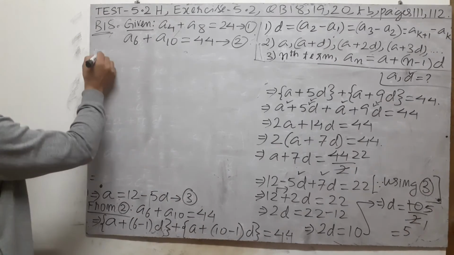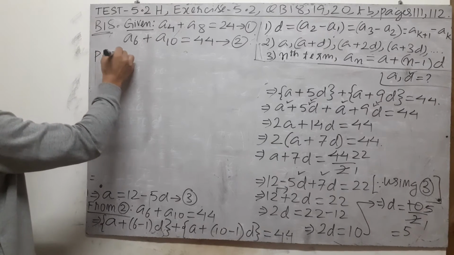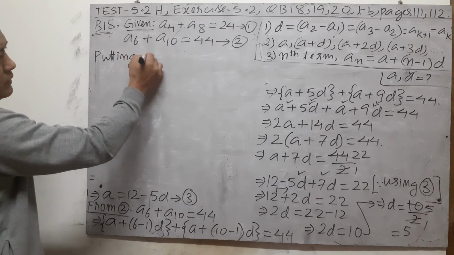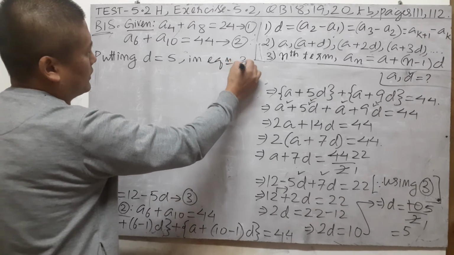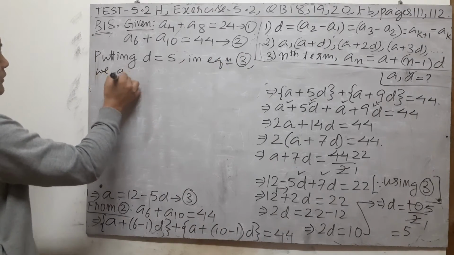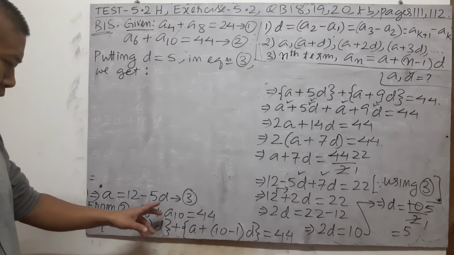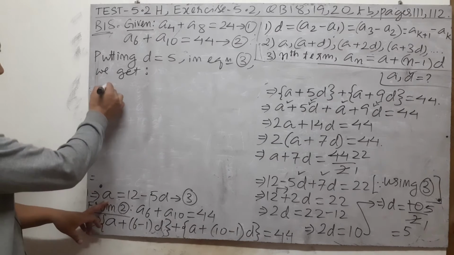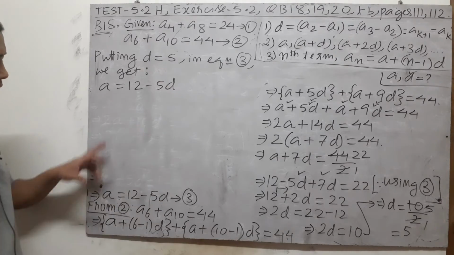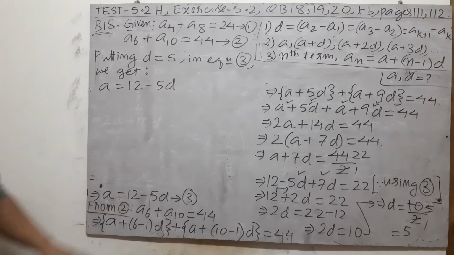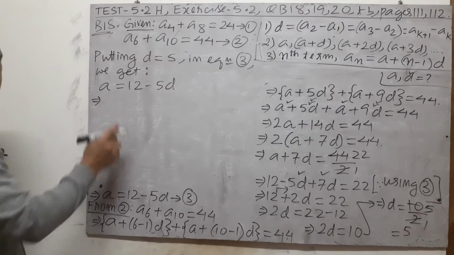So that gives you here, putting or substituting, whatever language you are accustomed with, putting d equal to 5 value that you got just now in equation number 3, we get, why specifically 3? Because we will notice that equation 3 has been perfectly arranged here, a equal to, find a, and we're trying to find a, right? The same thing, a equal to 12 minus 5d is equation 3, and putting d equal to 5 in equation 3 means that simply means